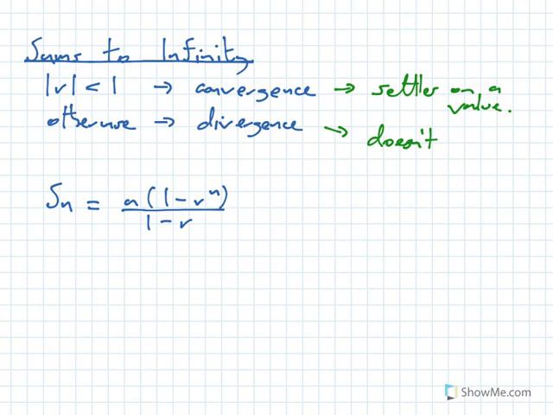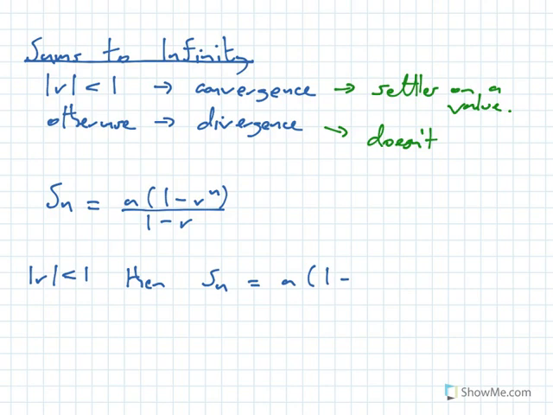Okay, so if r in modulus is less than 1, when we make n really big, we'll know we'll get some value at the end. So let's do that. Let's state that the modulus of r is less than 1. Then Sn actually is equal to